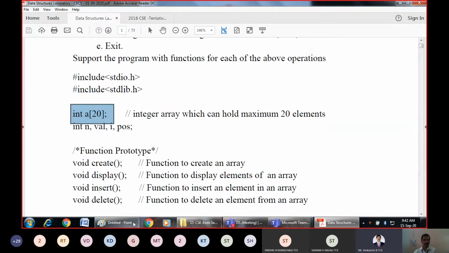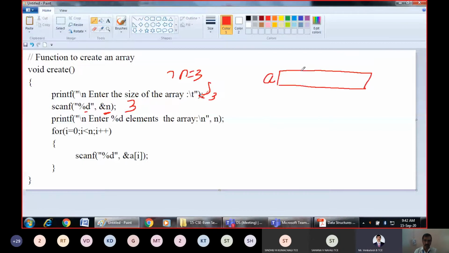Among the 20, we want to use only 3 locations because I have given n as 3. There are 20 locations freely available, you can use them at any time. So 0, 1, 2, 3, 4, and so on are the index values of the array.